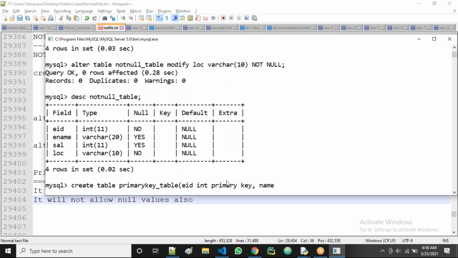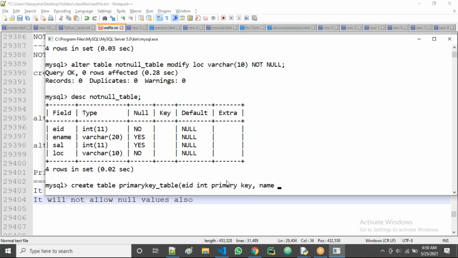For the name, can you take a primary key or not? Not possible. Why not possible? There are two rules.